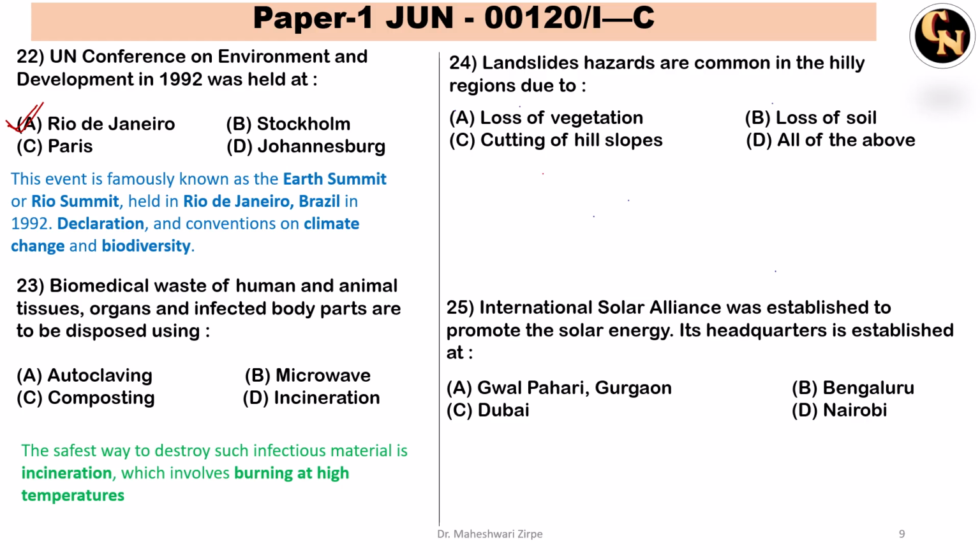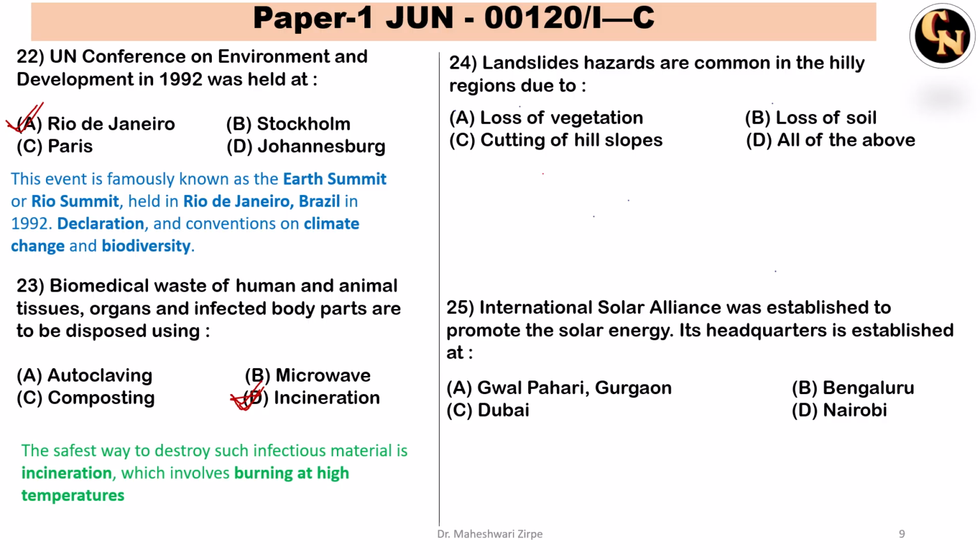Incineration is option D, is your correct option. Incineration means burning at high temperature, destroying the organic matter at high temperature. So option D is the correct option. Option D is your correct option. Next is